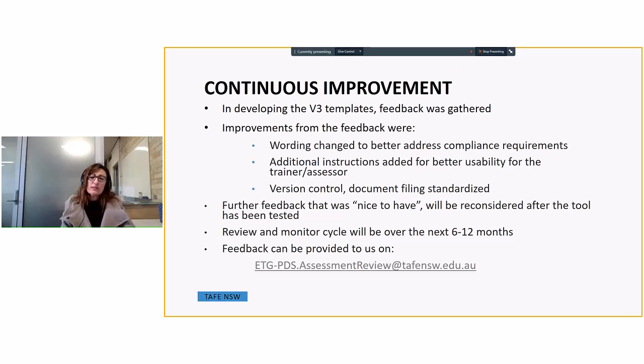There was a bunch of feedback that was nice to have, and maybe things that we would consider down the track, like further technology, and things that we could definitely evolve the version 3 templates with,